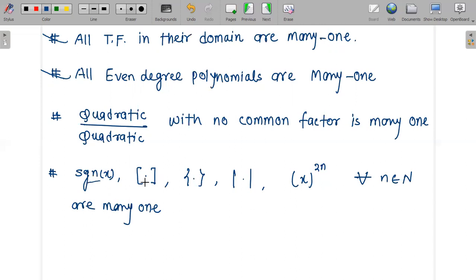Signum x, greatest integer of x, fractional part of x, and mod x to the power of any even degree will be many-one functions, because at some point I will be drawing a line parallel to the x-axis which will intersect the graph at more than one point. So this is about your one-one and many-one functions. I hope you understand the deep meaning of one-one and